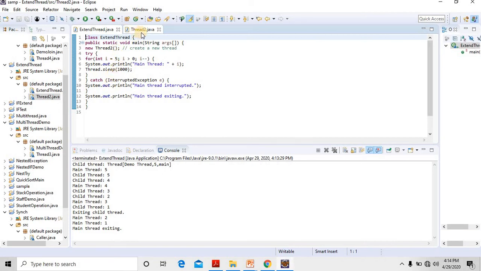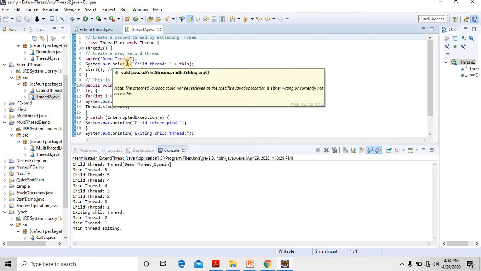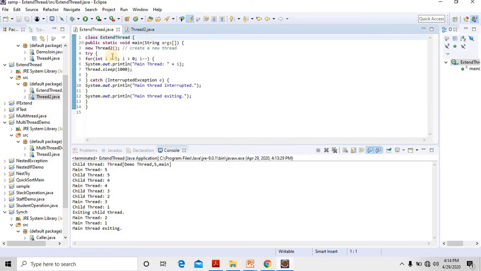Inside the Thread2 class, inside that constructor, you have created a new thread and you have started the execution of that child thread also. So inside the Thread2 class the child thread is executing, whereas inside the main method the main thread is executing. So this is how the output looks.